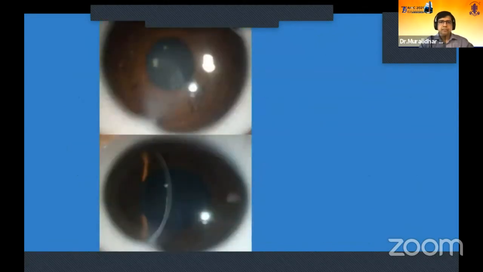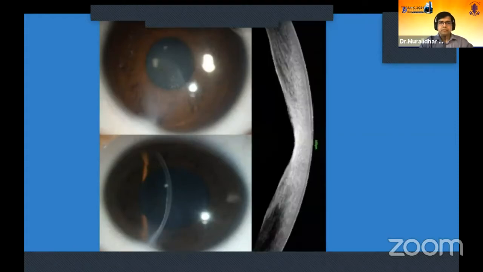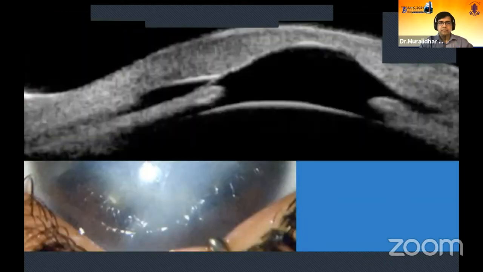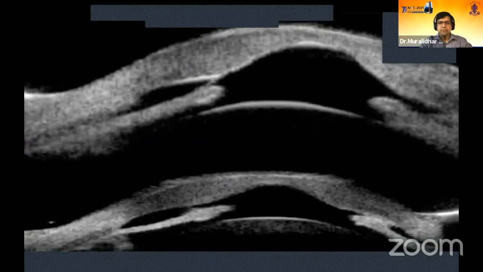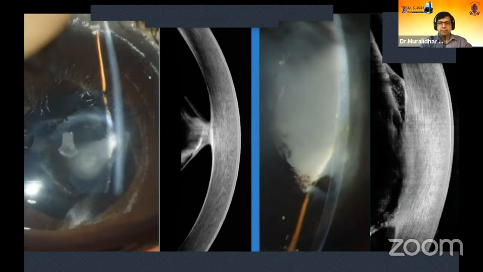This is a typical case of type 1 Peters anomaly with a posterior excavation, which is evident on an anterior segment OCT as well. In this particular instance, a wider zone of cornea is involved. On UBM, you could actually see the perimeter of the corneal opacity having a synechial attachment, which is clearly evident on horizontal and vertical scans of the UBM. This is a typical case of keratoirodolenticular dysgenesis, in the right and left eye of the same child, where the left eye has a severe involvement with the cataract.